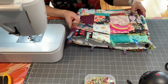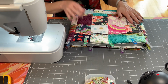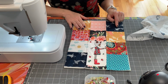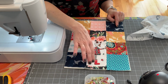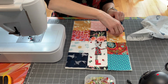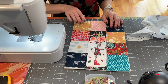Okay, so now we have our exterior completely crafted, and we have the interior and the zipper installed. The next step for us is to craft the flap closure. So your flap closure is crafted from 12 4-inch squares. I have my little fussy cut fox, so she counts as 2 of those squares, and you will do 4 rows of 3, and then you will back this with the Annie's Soft and Stable,